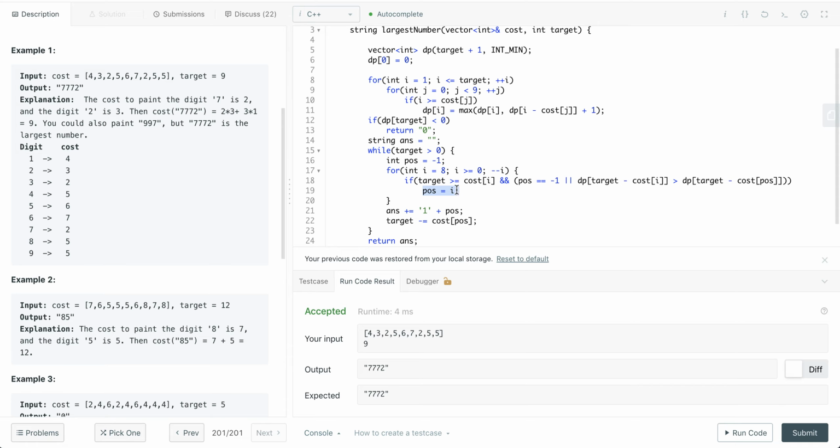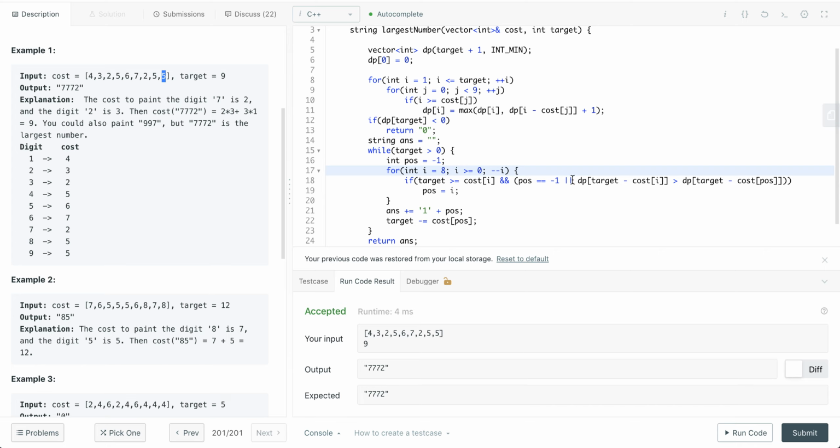The potential candidate could be the ith value itself. For example, here 5 can also be a potential value because its cost is less than the target.